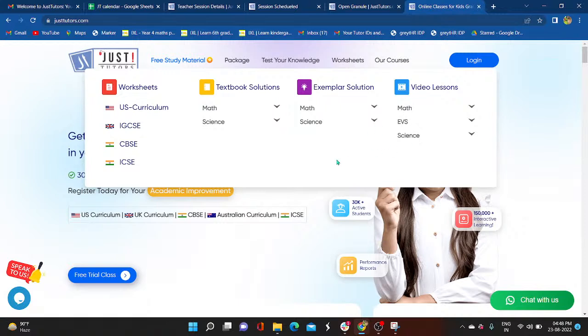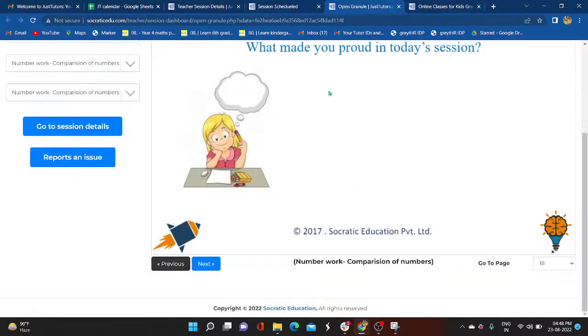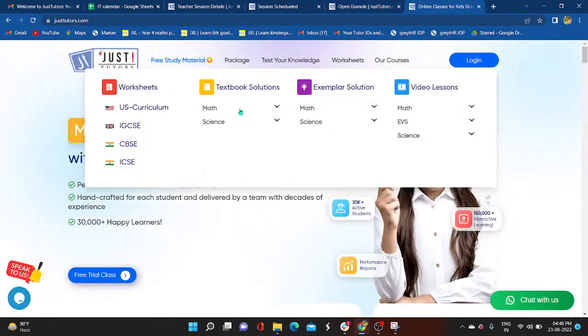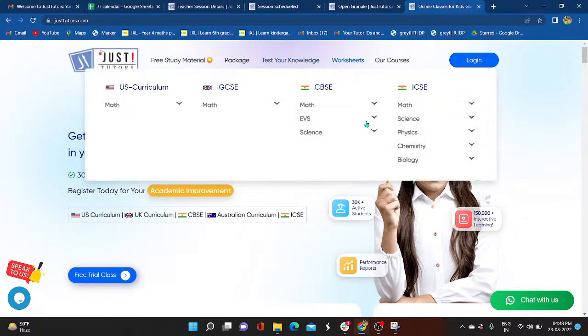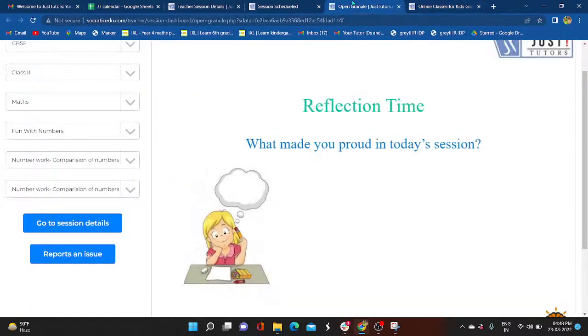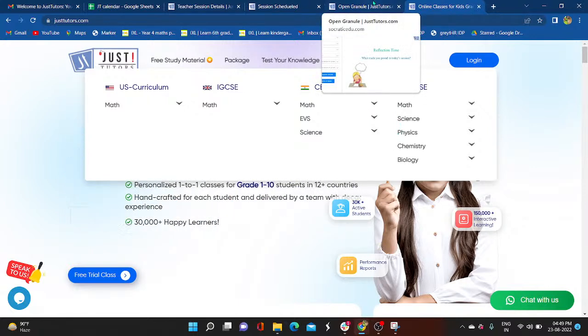You can view our granules, from where we teach, selecting whatever curriculum you use, and you can view our worksheets as well. This would be very helpful for you. You can try the free quiz questions and practice from all these things on our website